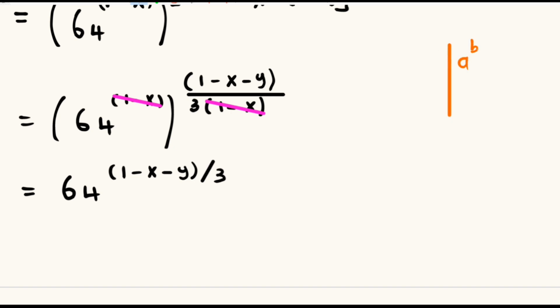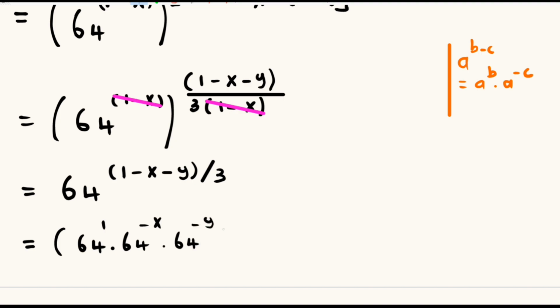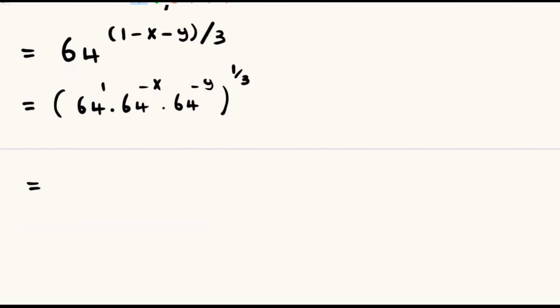So suppose we had a raised to the power b minus c. This will be equal to a raised to the power b multiplied by a raised to the power minus c. So we'll have 64 raised to the power 1 multiplied by 64 raised to the power negative x multiplied by 64 raised to the power negative y. And this is raised to the power 1 over 3. So we have the cube root